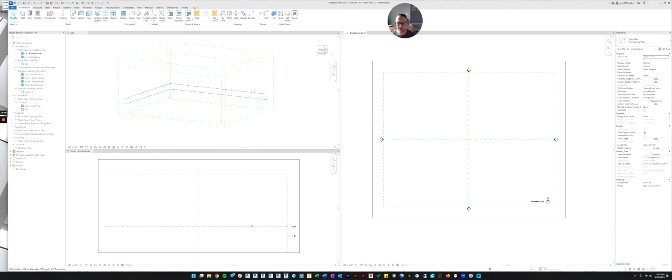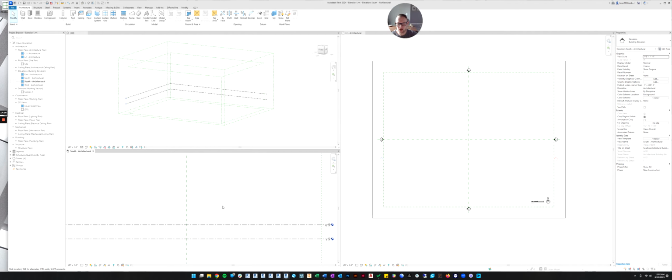So one of those datum points is what we call levels. If you look at your south elevation, by default in this template, there are 2 levels that are already created for you. Again, we'll learn how to create levels later, but for now, just know that the default template already comes with 2 built in. There's level 1 and level 2.